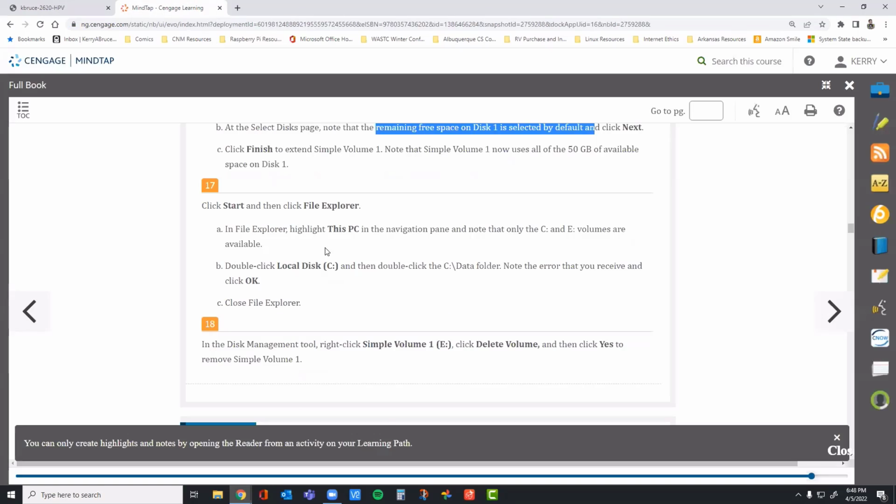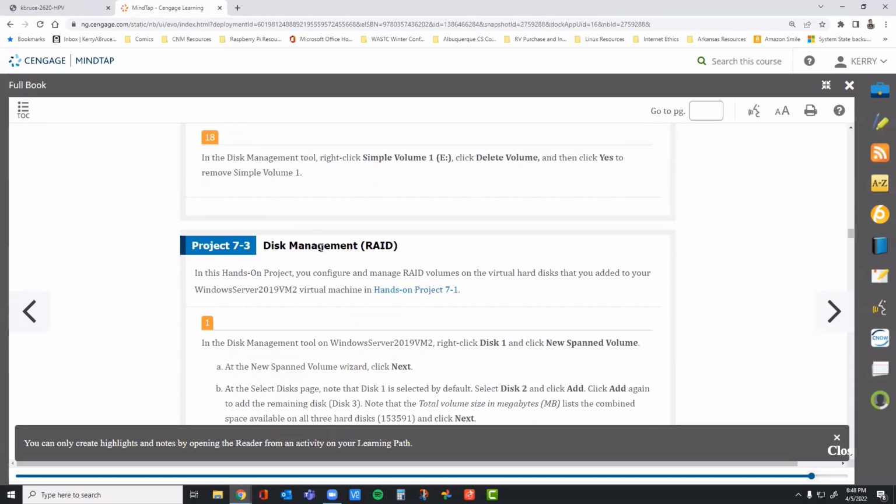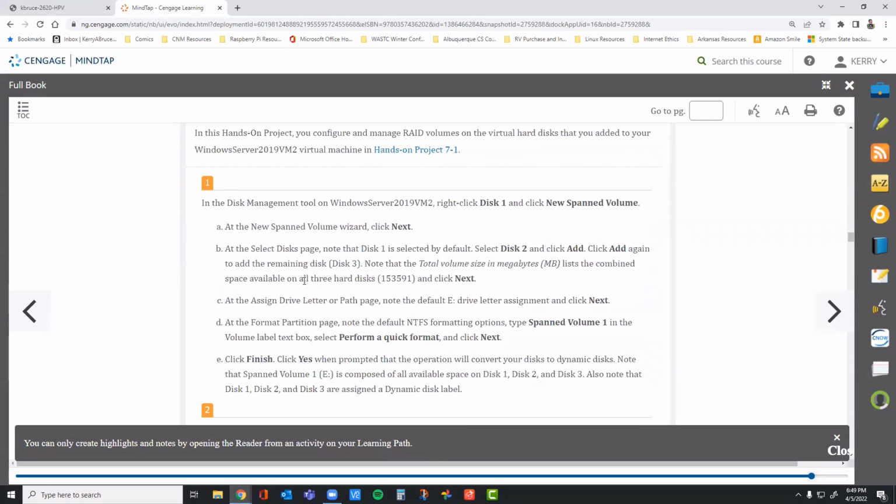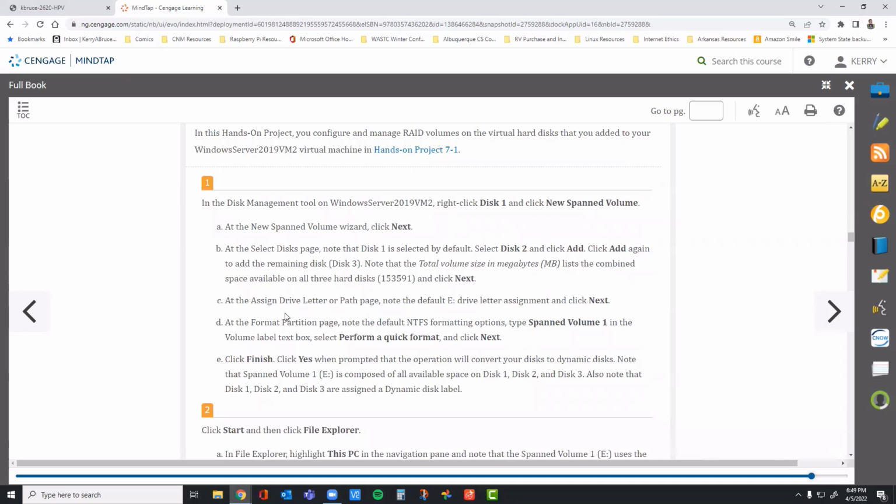And I believe, right, that's 7.2. 7.2 is just simple volumes. Nothing fancy. You can extend, you can shrink. When you create a volume that spans 2 disks, it's no longer called a simple volume, but a spanned volume or a striped volume, depending on how you do it. Right, but simple volumes are only on a single hard drive and only in a single contiguous space on the disk. Okay,